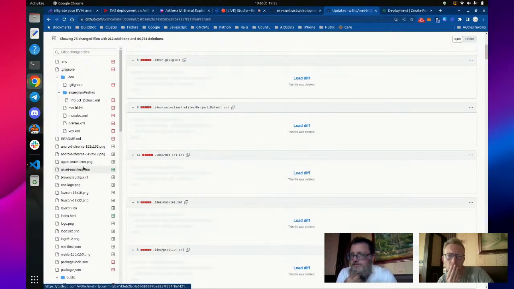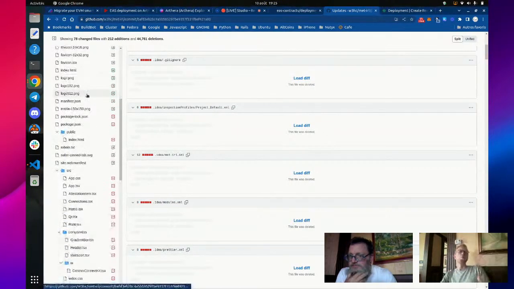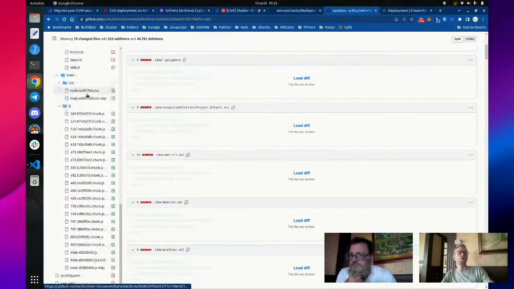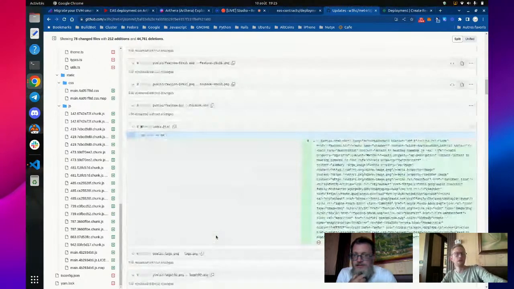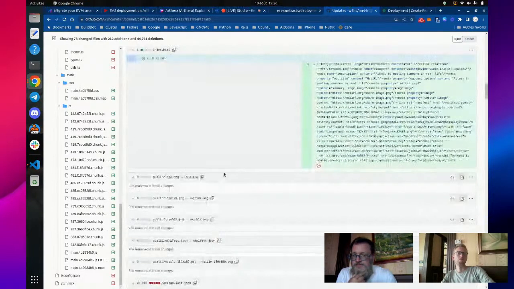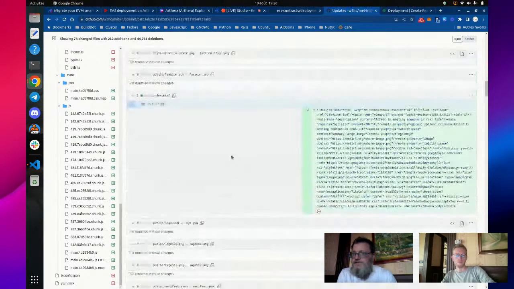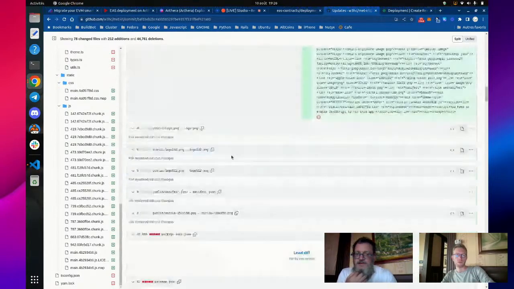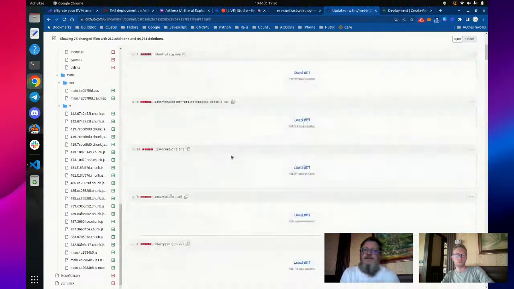What's all this file? Okay, let's go back to the UI and let's try to connect with Arthera, please. Because yes, we have the index HTML. So it pushed on the main branch. Okay, all this file, but then we have